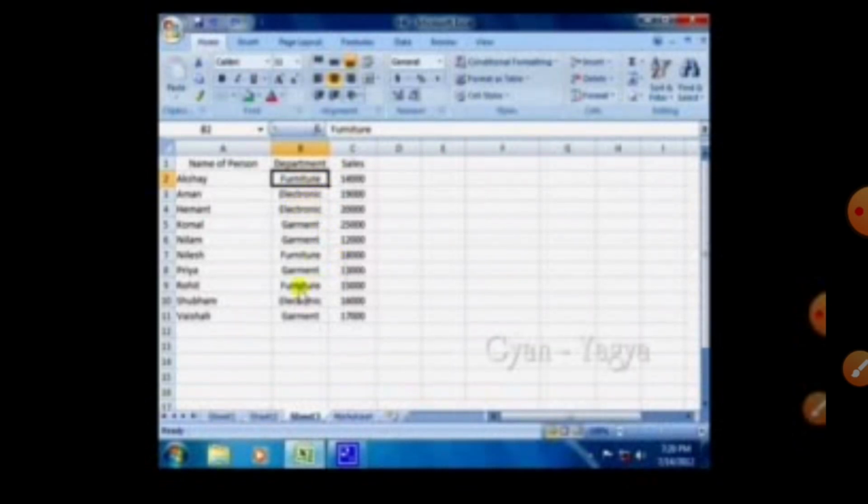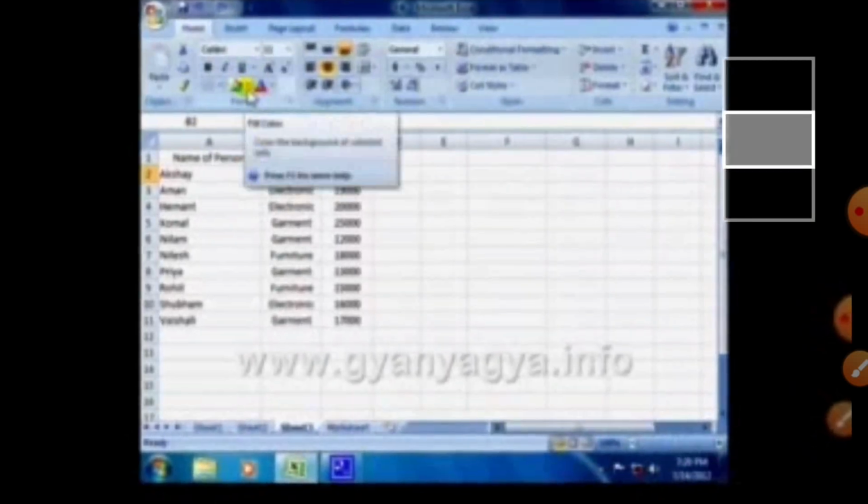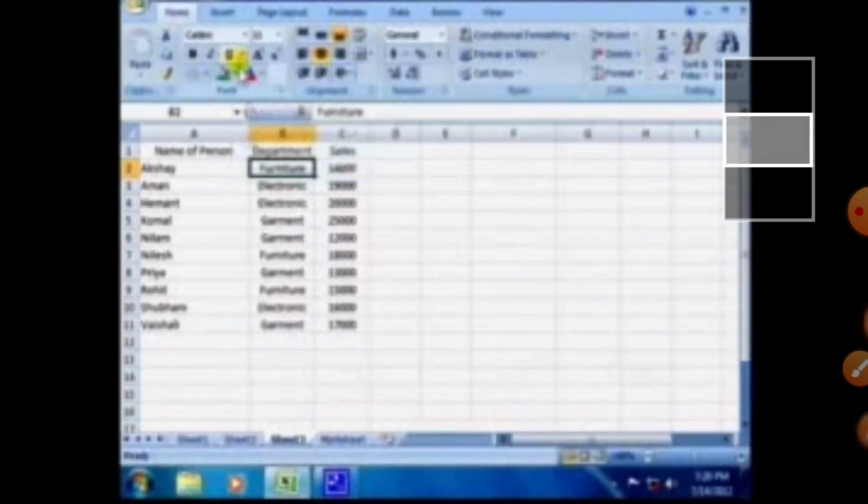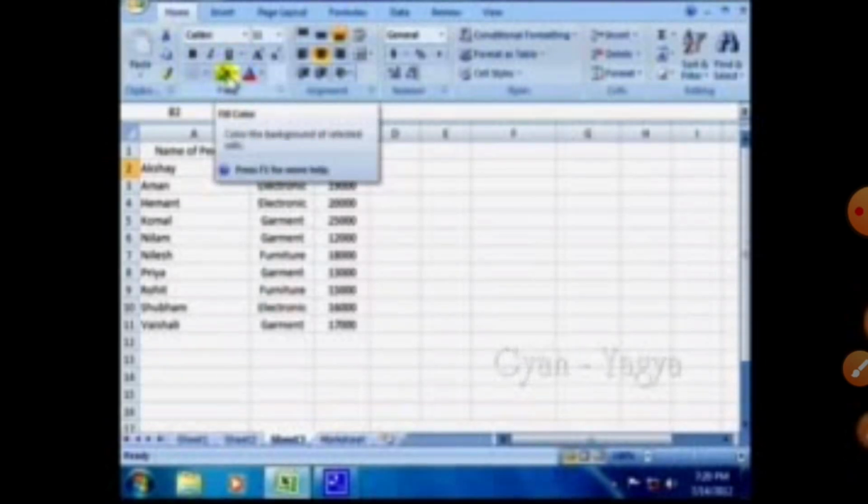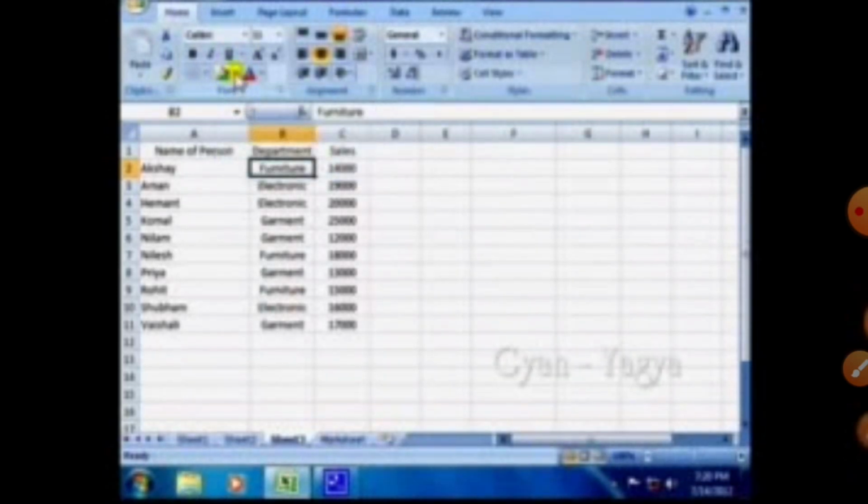So here we find furniture, electronic and garments. If we want to sort according to color, every department has its own color and others can recognize it easily.